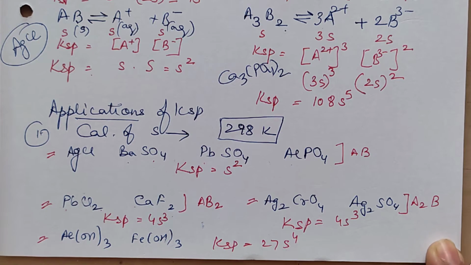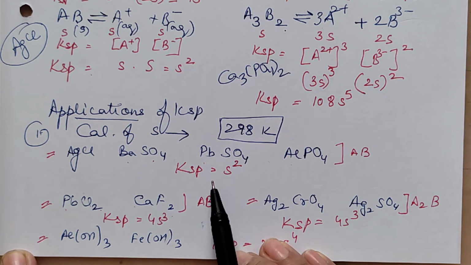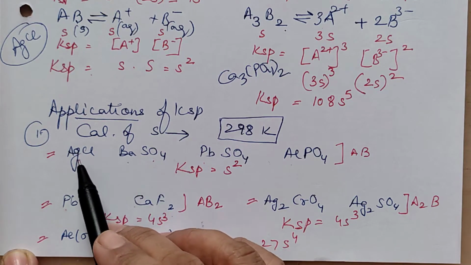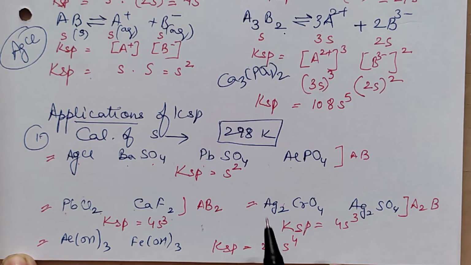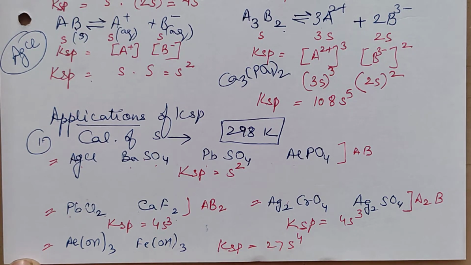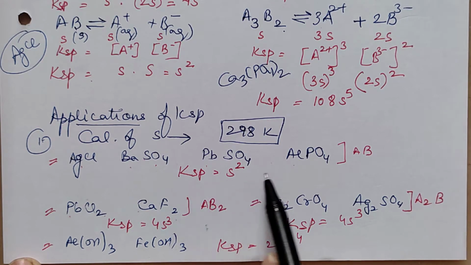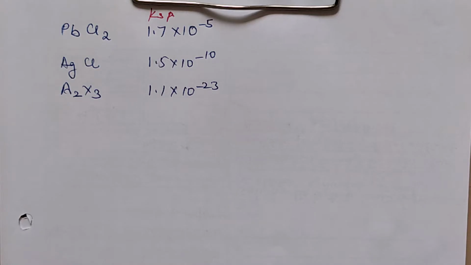Okay, suppose any such salts are given to you, their Ksp values are known. They are asking you, suppose this, any such salt or this salt, whatever salt they are giving. If their Ksp values are known, they are asking you to calculate the solubility. How will you calculate the solubility? You will form a relation between Ksp and the solubility, and then you will calculate the solubility. The answer for this will be written in moles per liter. Okay. Yeah, just have a look at the questions.